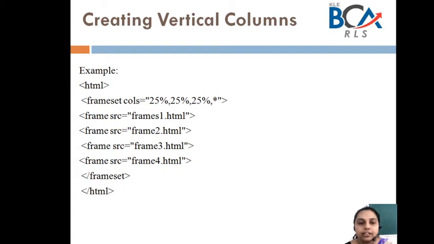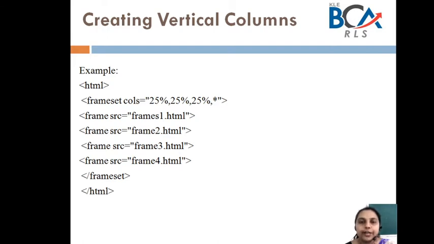After that, we have specified the source for every frame, which document should be loaded into the particular frame. So we have written frame source is equal to frame1.html. So frame1.html is going to be a separate file, which is going to be loaded into the file where we have created the frames.